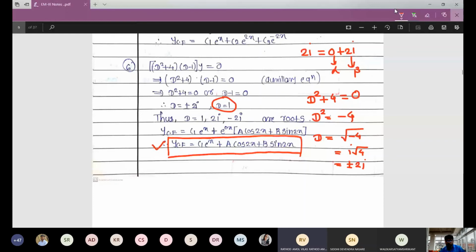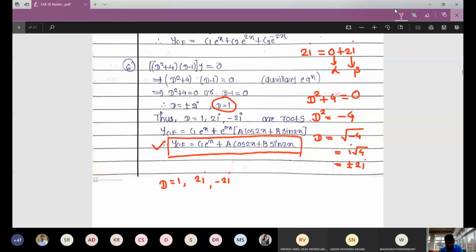Good question. Actually, students, whenever you are dealing with complex numbers, I already told you that in such cases you don't have to worry about this minus 2i. But if you want to use this minus 2i in your solution, let me explain it. For example, if you got the roots 1, 2i, and minus 2i, and somebody says I don't want to use this 2i, I want to use minus 2i in my solution, it doesn't matter. Let me explain it.